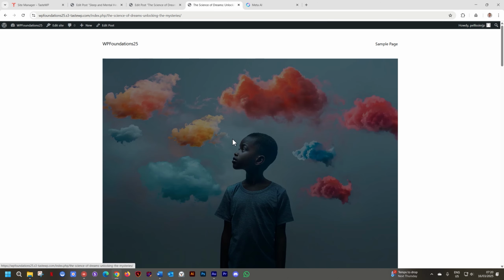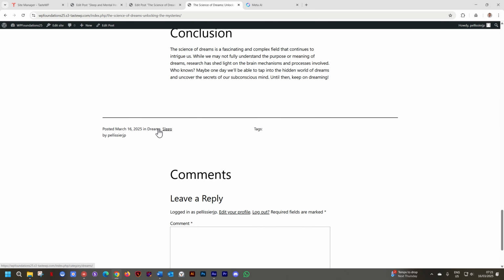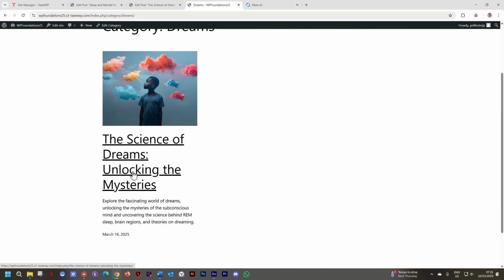Click on this Science Dreams, and we go to the bottom. In this case, I want to read everything about articles on dreams. When I select dreams, I only get this one. The purpose of categories is to filter. That is the bottom line focus of the categories, is to allow your articles to be sorted and that you can filter it so when you have a visitor interested in a specific topic, they can get the articles related